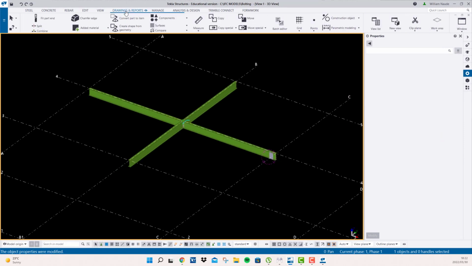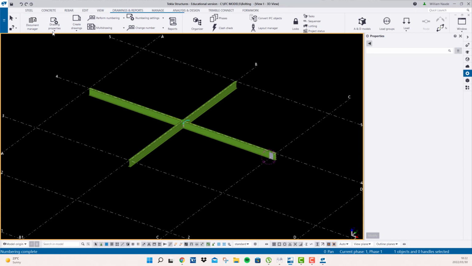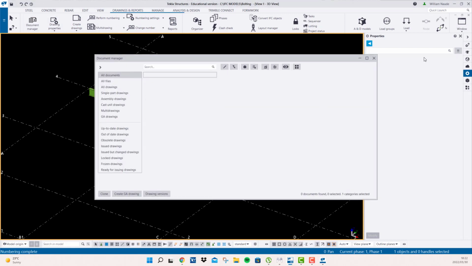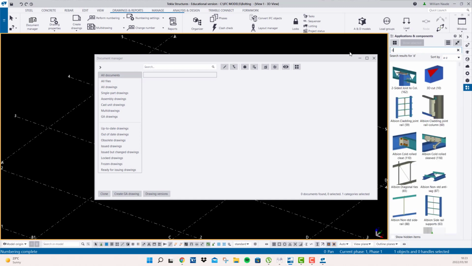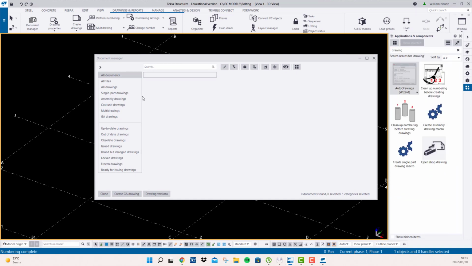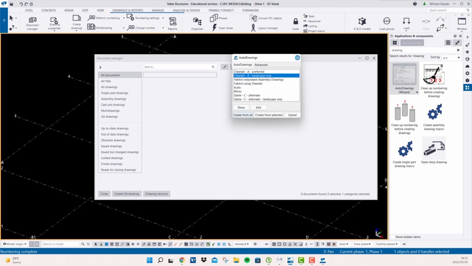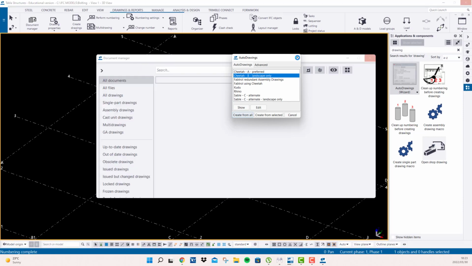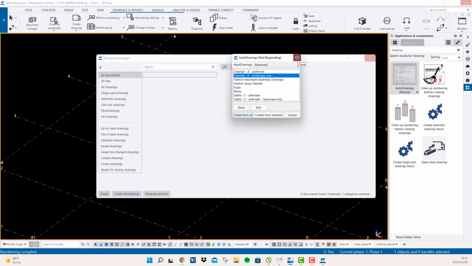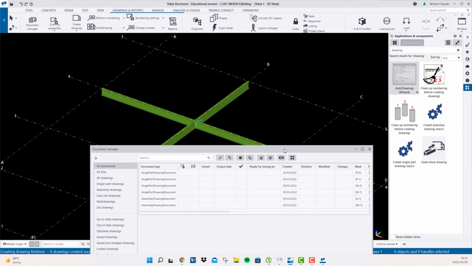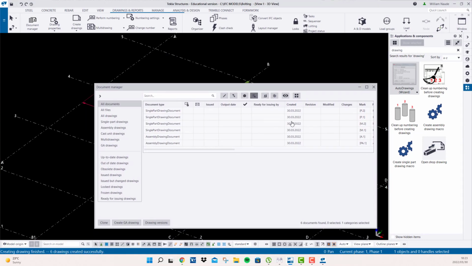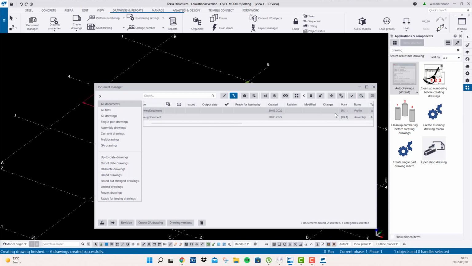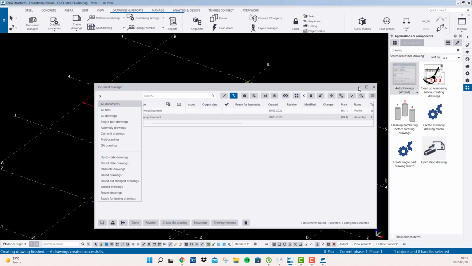I'm going to show you what a site bolt and a normal bolt actually do. So if I open my document manager and I create drawings, there we go, and we say create from all. Right, so there we go. So what I'm going to do is choose this beam. I'm going to say by parts to get the main part of it. So here's the main assembly, as you can see. So if I double click on it,